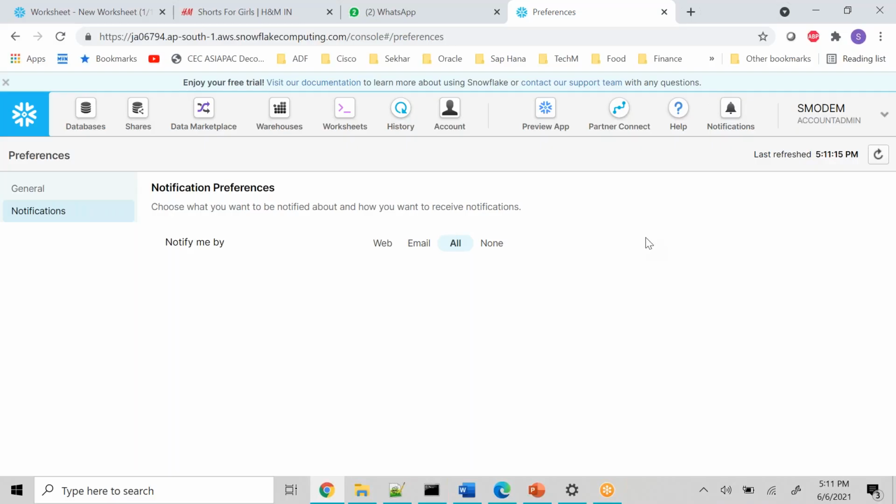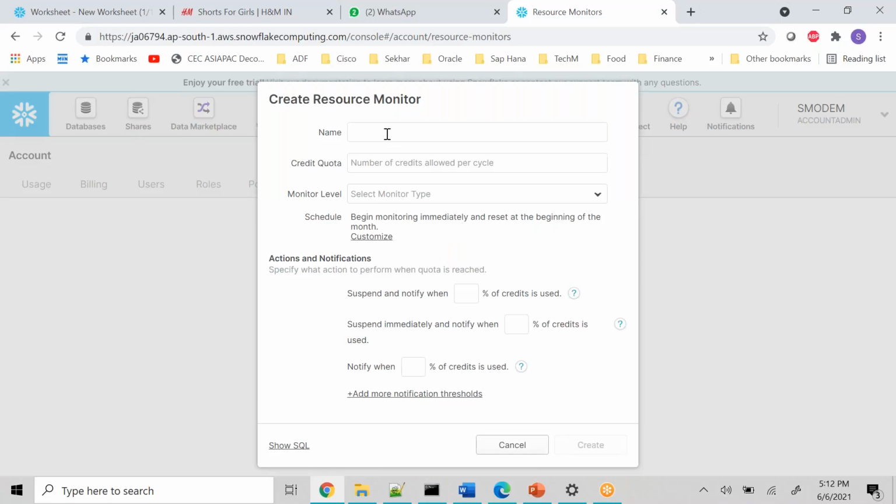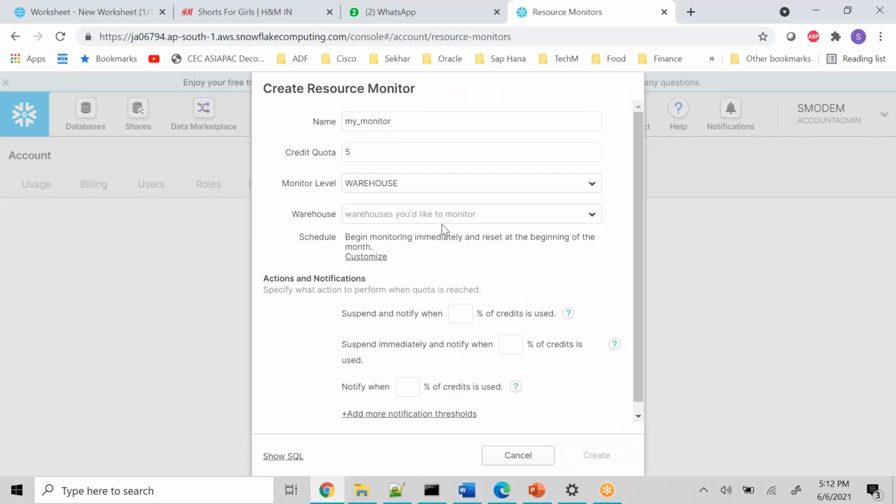Okay. And then so where is my resource monitor? It's gone. My monitor credit code of monitor warehouse Excel